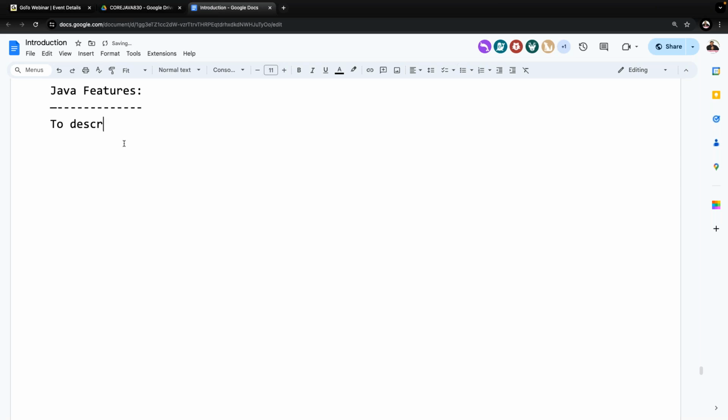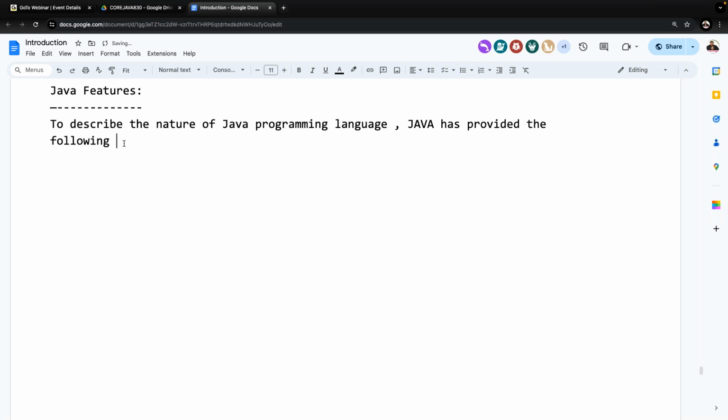To describe the nature of the Java programming language, Java has provided the following features. What features has Java provided here? Now understand it clearly. What features has Java provided? The very first one is